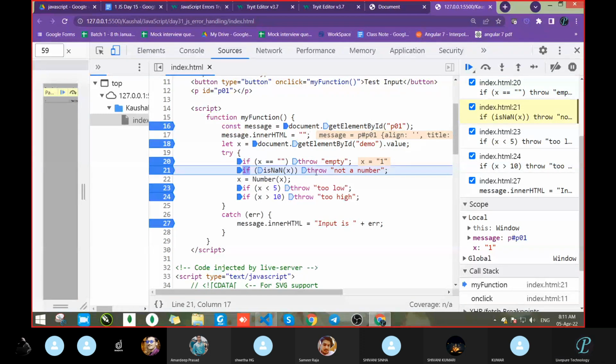What happened? This one. Throw not a number. What is X? X is 1 and isNaN is a method. You can think of it like a method itself, like isArray which we were checking. So same type, isNaN is another method. By that we can check not a number. Not a number in the sense when you're dividing a string by a number or a number by a string, anything of a different data type, that time we are getting NaN, not a number. So it gave false, means this message will also not get executed.